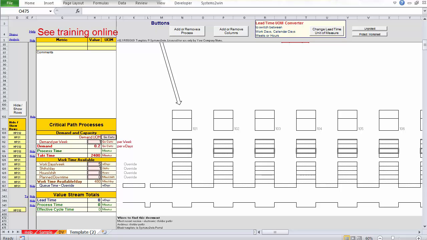It doesn't have a lot of calculations showing. In fact, the only value in the units of measure column is the go-karts, or excuse me, the demand unit of measure. So that's the only thing that you'd fill in to get started.